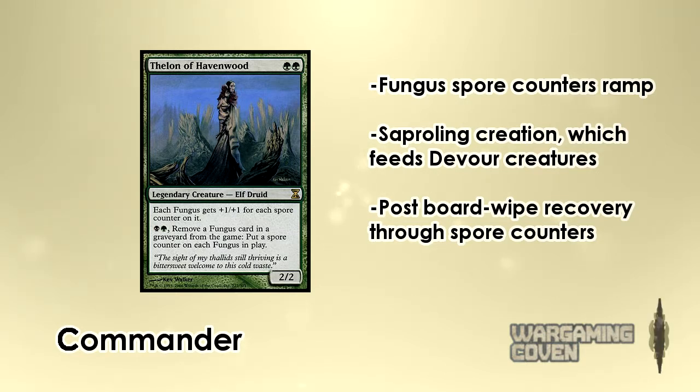He can also remove dead fungi cards from the graveyards to put counters in addition to the ones they would create themselves. So this deck focuses around having quite a lot of fungus creatures in the deck, because if you don't have them in play, you can't make use of his abilities. It really is, that's all he is there for. He's a support piece. And the majority of the fungus creatures can produce Saproling tokens using their spore counters. So we have a sub-theme of generating lots of 1/1 Saprolings, and these can be used to feed the Devour creatures that we also have in this deck,